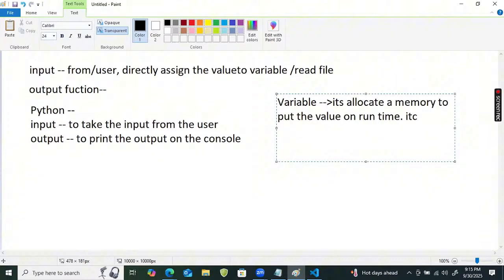It can be changed during the execution time of the program. Okay, before that,